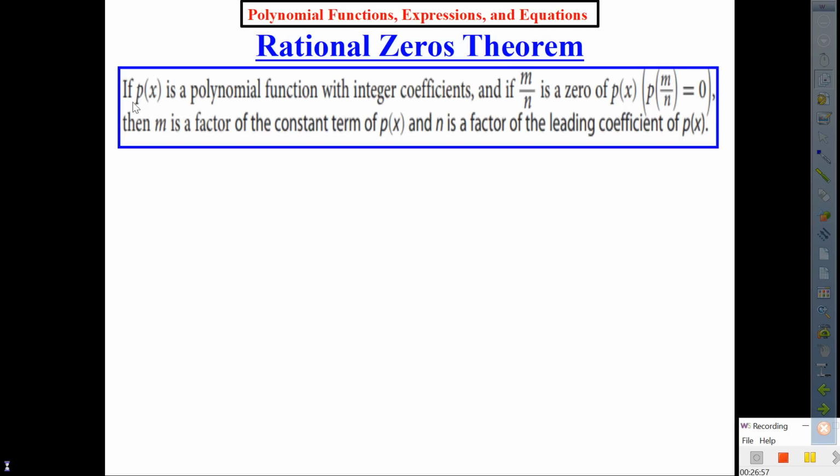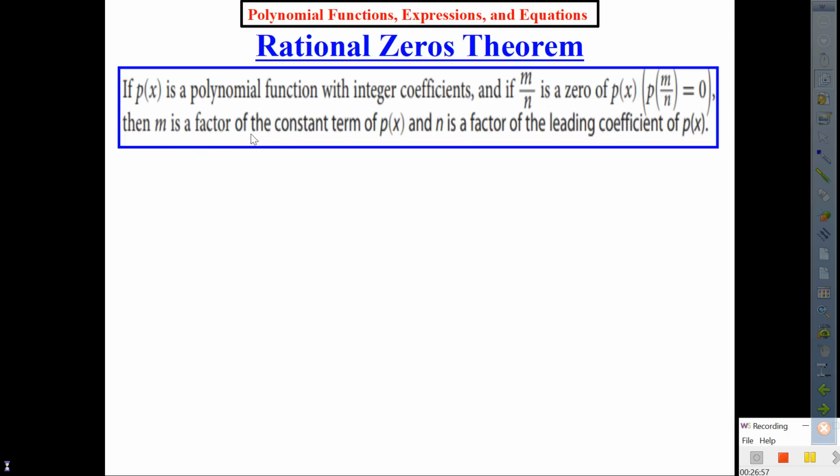And it reads, if p of x is a polynomial function with integer coefficients. Now, by now, that should register pretty well. Here it goes again. If p of x is a polynomial function, okay, I can think of a polynomial equation, with integer coefficients. Can you picture the integer coefficients? Okay. And if m over n is a 0 of p of x, or in other words, p of m over n is equal to 0,